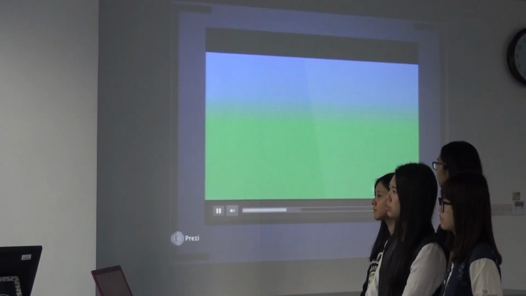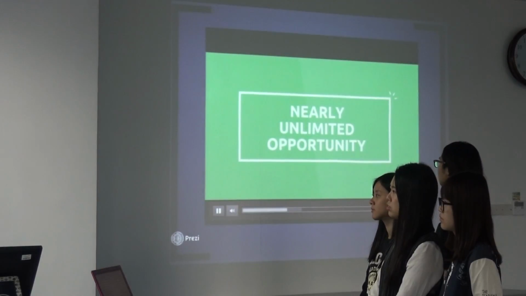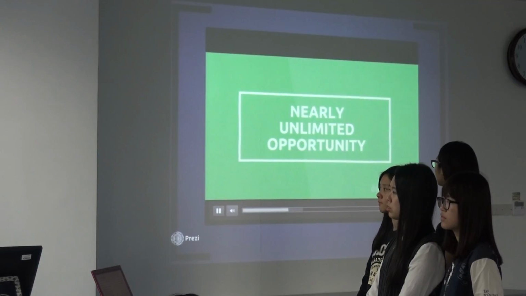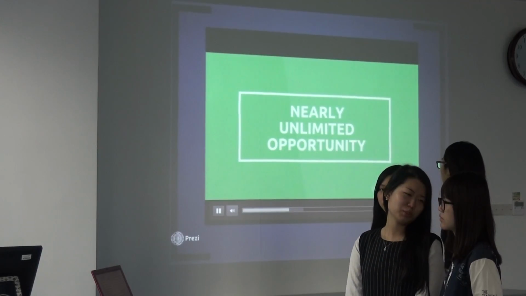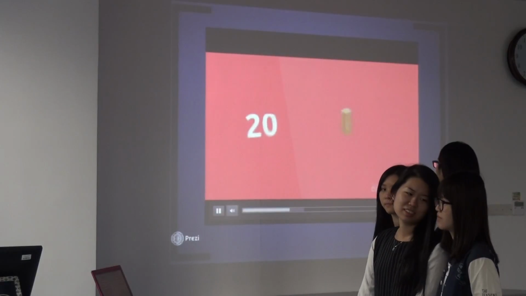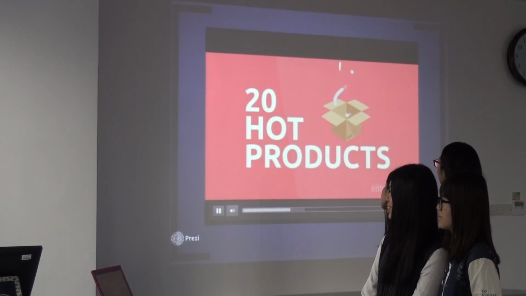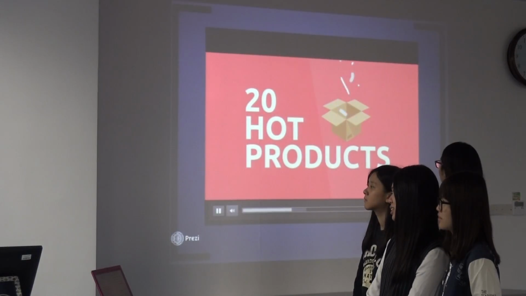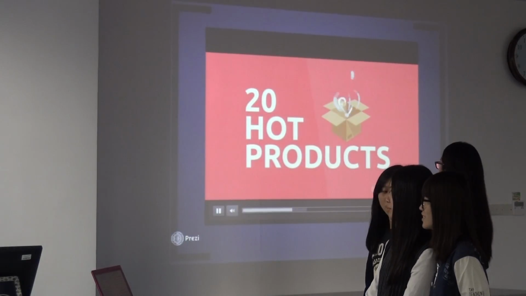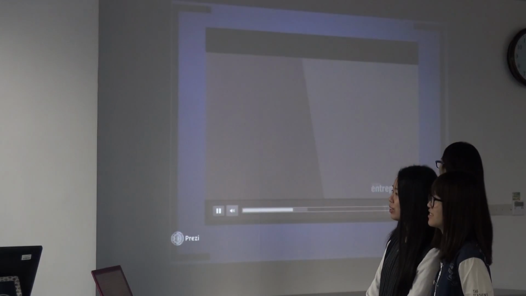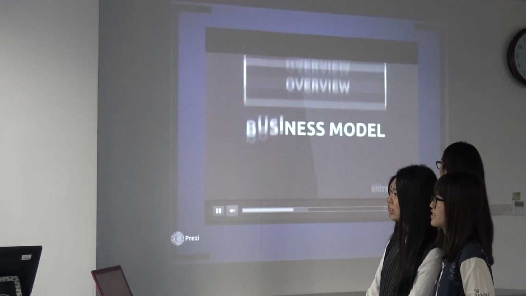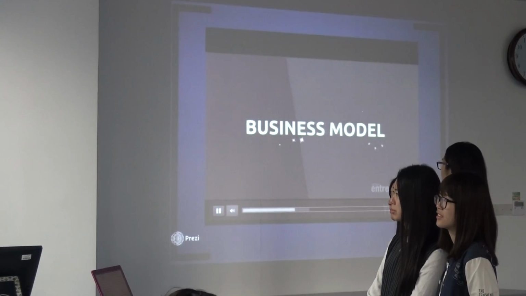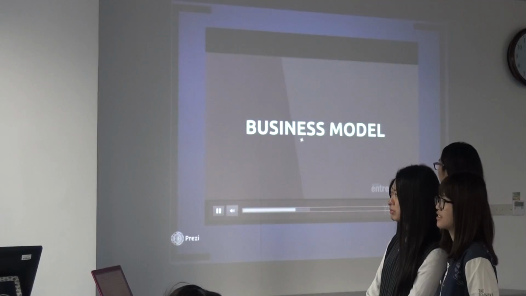With millions of products you can sell and a nearly unlimited opportunity, this is one of the most exciting opportunities ever to build a real business online, and we're going to walk you right through it. Stay tuned to the end of this video where we're going to give you a list of 20 smoking hot product opportunities selling on Amazon right now. So let's take a look at an overview of the business model and what's involved. Then in the other videos in the series, we'll delve deeper into the secrets of how you can do it.